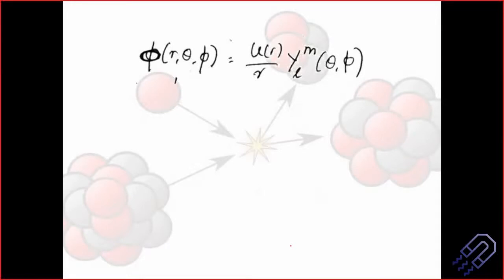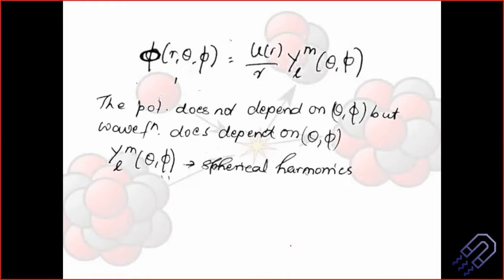So that means the wave function associated with this potential cannot be considered... The neutron and proton will have a wave function associated with it, so that wave function cannot be purely dependent on r. It will be dependent on theta and phi. I think this is something you have already seen when we talked about the scattering problem. So this relation will be in terms of r, theta and phi, and then here also comes in